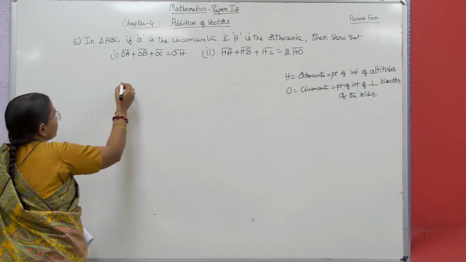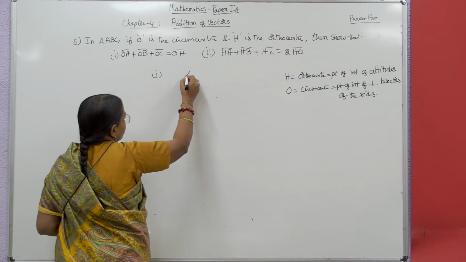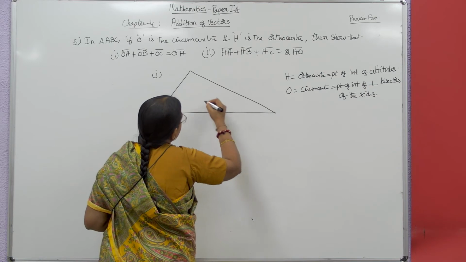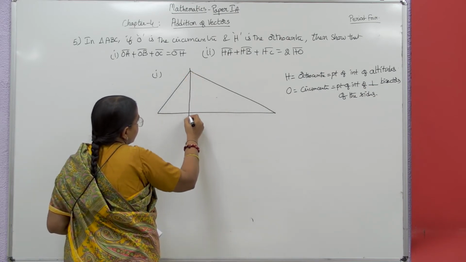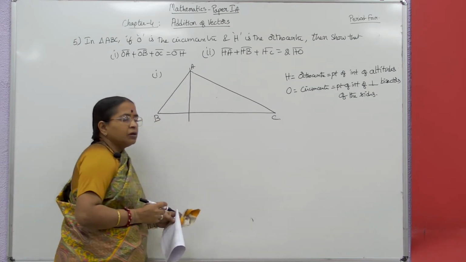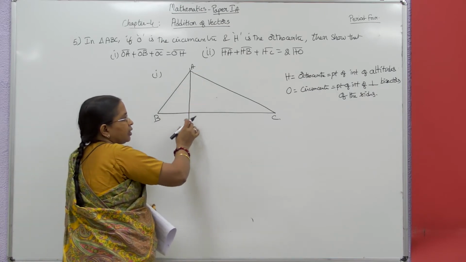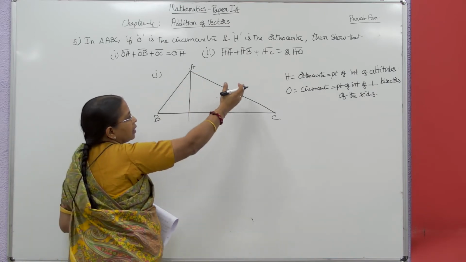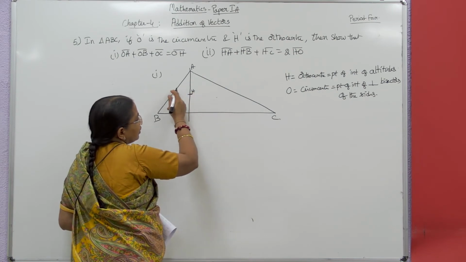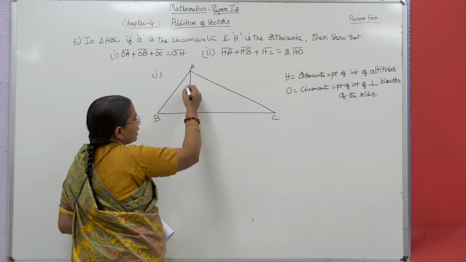Now we'll take the first bit. We'll draw the figure. You draw this figure clearly like this. A. Then we'll draw only one altitude. ABC is the triangle. Orthocenter is the point of intersection of altitudes. This is one altitude, so definitely H will be somewhere on this altitude. When you draw another altitude, they intersect here. So we'll take H on this altitude. Let AD be the